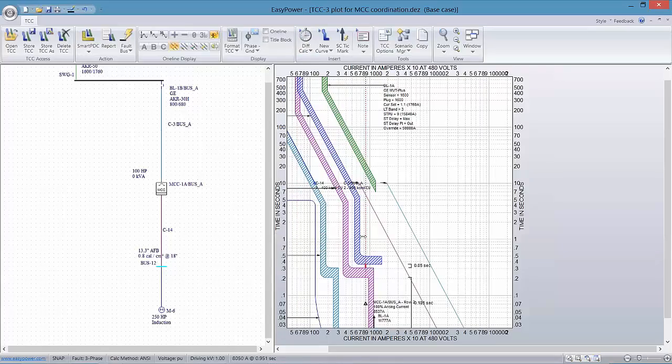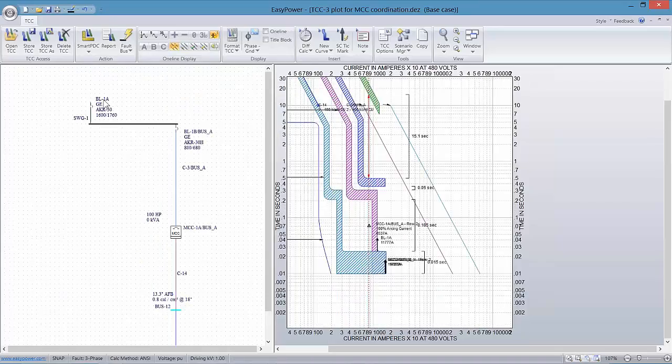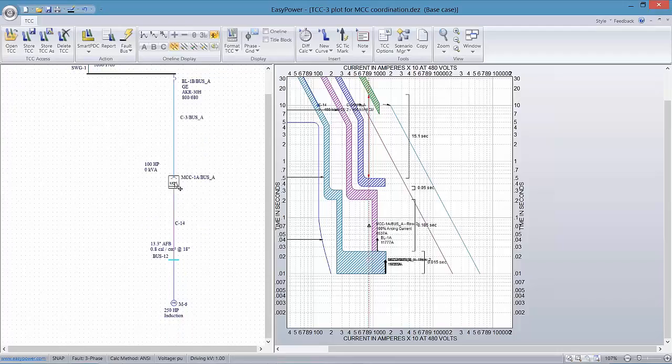And in this case, they're in different parts of the system. And here we're looking at the main switchgear bus, separation between the main switchgear and the downstream feeder, and then between the downstream feeder and the main on the MCC, and then between the main on the MCC and the row 2